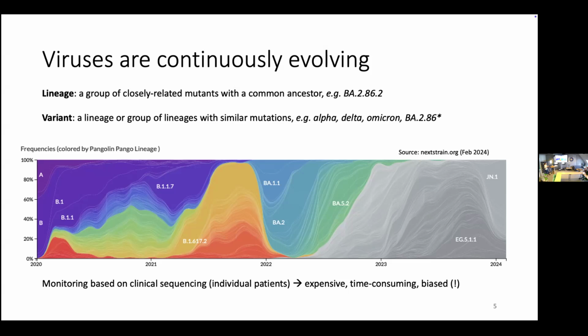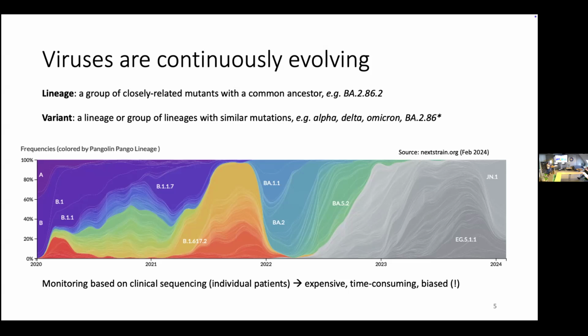So of course, as we've seen during the pandemic, the virus keeps evolving, right? So it accumulates mutations in its genome, meaning that some positions change. These mutations are used to define so-called lineages of the genome. So these are slightly different variants, or slightly different versions of the virus. So they have a slightly different genome. And then we use the term variant for groups of lineages with similar mutations. So for example, we see the alpha variant, the delta variant, Omicron, etc.